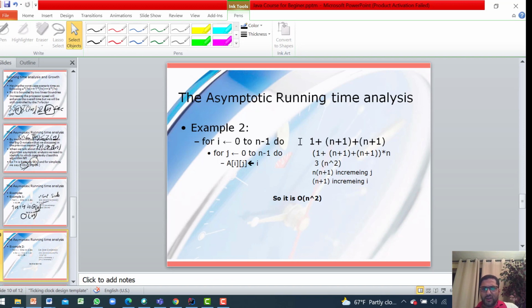Again, 1 for this i equals 0, n plus 1 comparisons, because I'm doing the n comparisons plus 1 to exit the for loop, and n plus 1 for the subtraction process, which is here. So I have for the outer for loop this much. Then going inside this for loop, I'm gonna do it n times. So I have n times here, multiplied by the same thing for j. So I have 1 plus n plus 1 plus n plus 1, multiplied by,